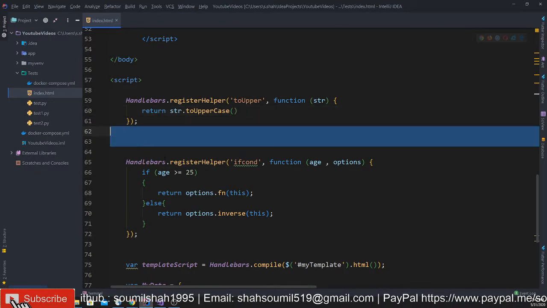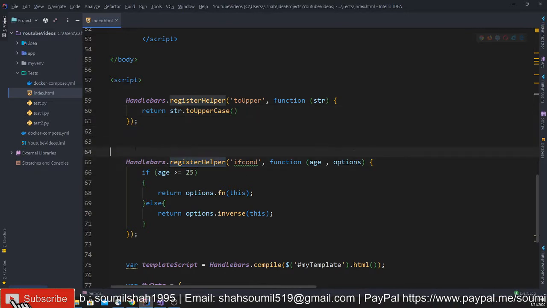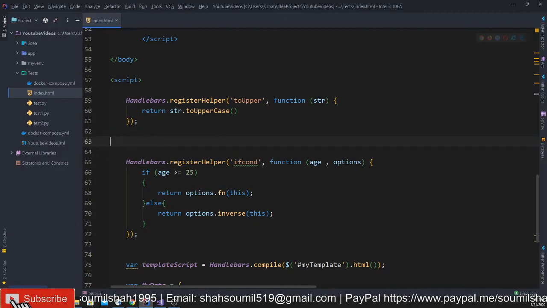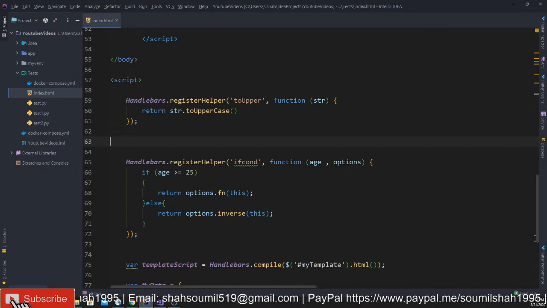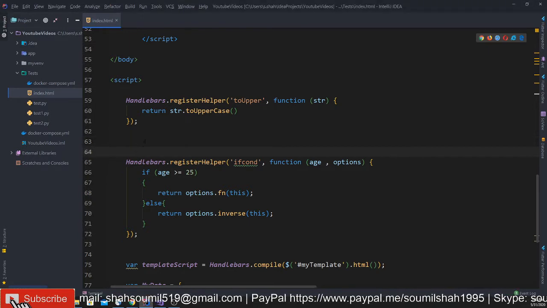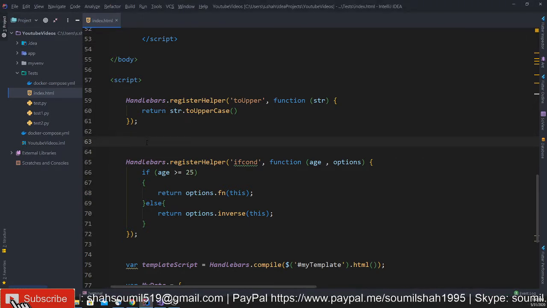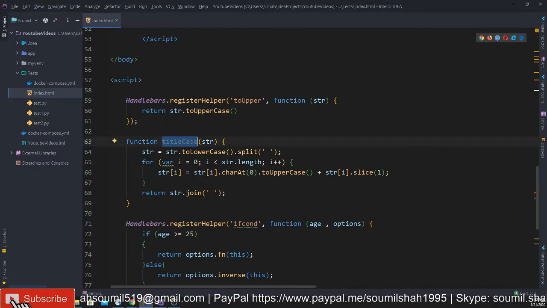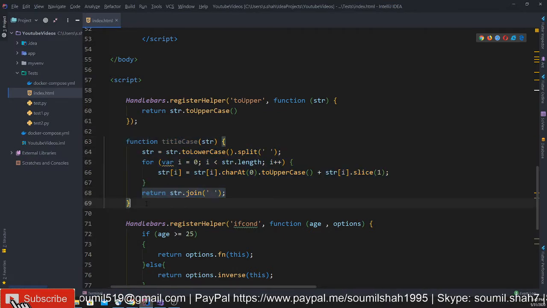This is about basically registering helper functions in Handlebars. Hope you have enjoyed part 4. Similarly to uppercase, you can do toLowerCase, and I have one more snippet called titleCase, which I'm just going to paste from my snippets right there. So I actually had a function called titleCase. The job of this is just to create title case text.